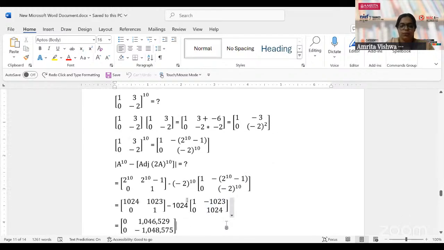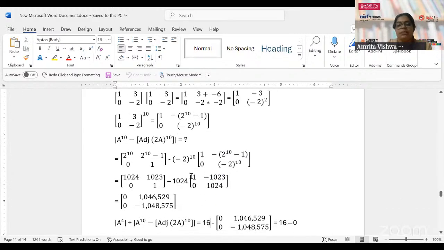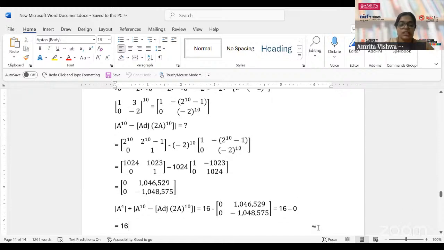Now, if you want, you can solve this with the values because that's easy, because finding out 2 raised to 10 is very easy. So minus 2 whole raised to 10 into 1, minus 2 raised to 10 minus 1, 0 and minus 2 raised to 10. Now I have substituted everything and solved it. Even if you're not ready to solve this, when you look at this, there is 1024, so this is anyway going to be 0. This part is completely going to be 0. When it's both 0, then the only value that exists will be A raised to 4 that we have found initially, that is 16. So the answer for this question is 16.